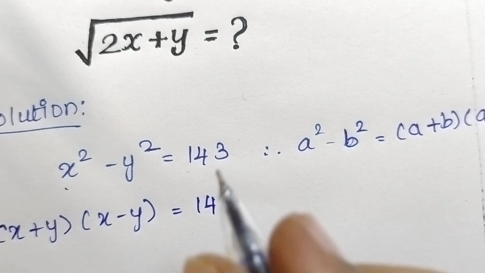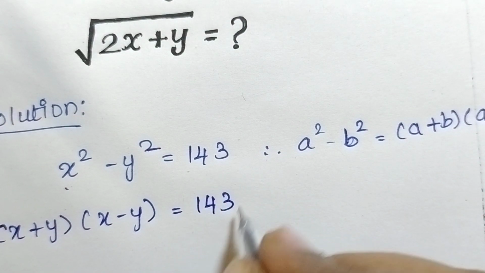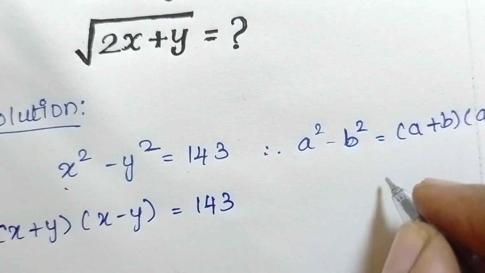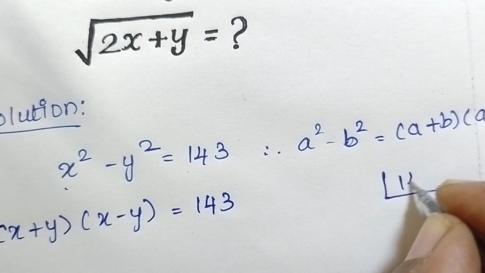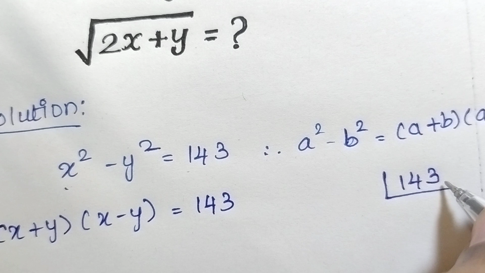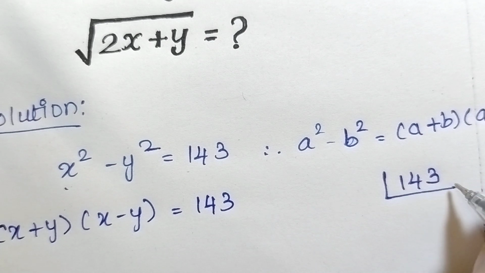First we need to know the multiples of 143. So for that I am going to take the LCM for 143. This will end in 3. So it comes in the 3 table, or the 9 table, or the 13 table. Or it can also come in the 11 table.